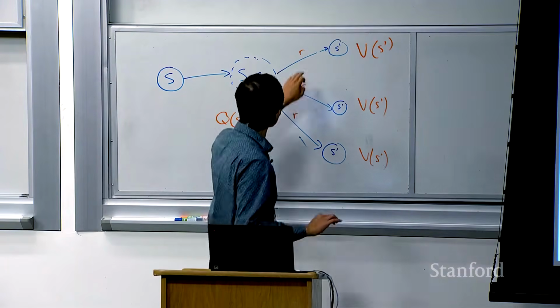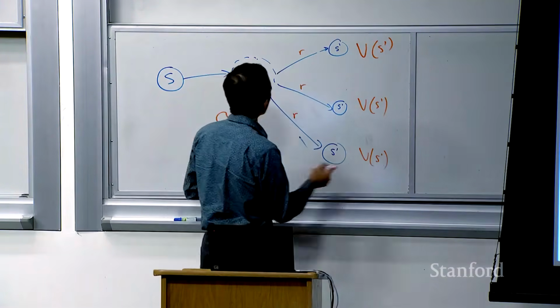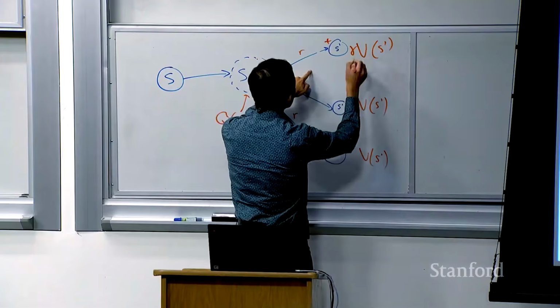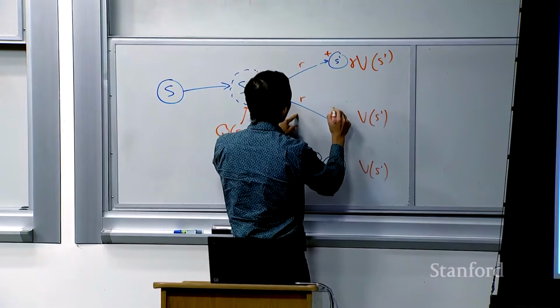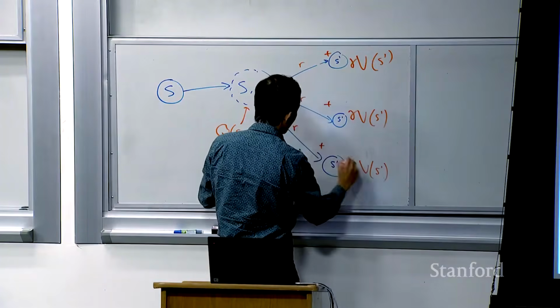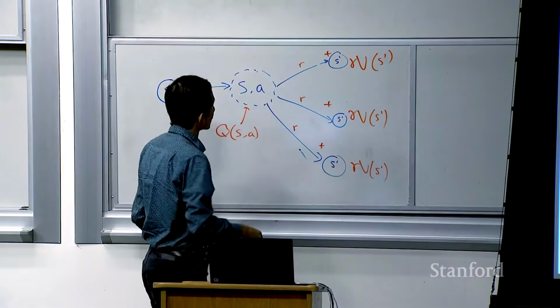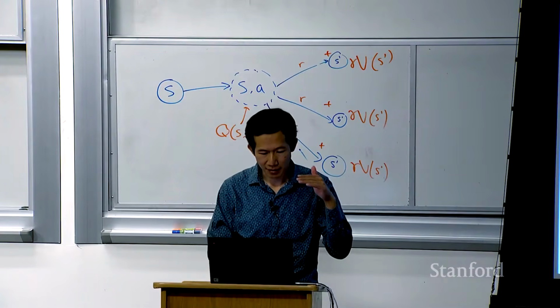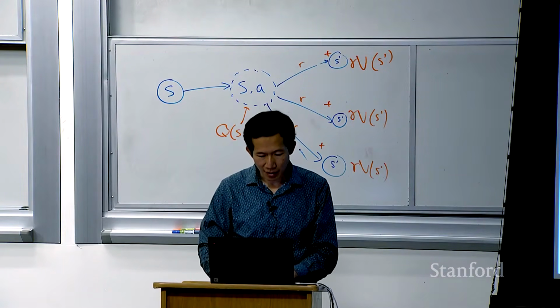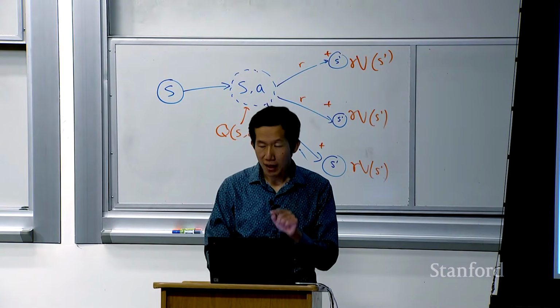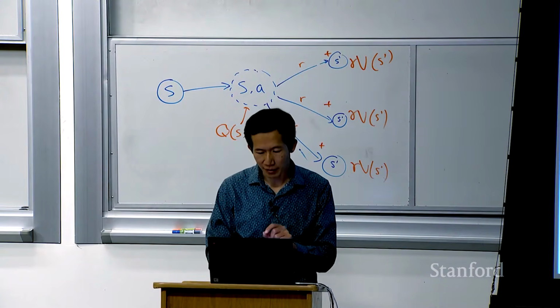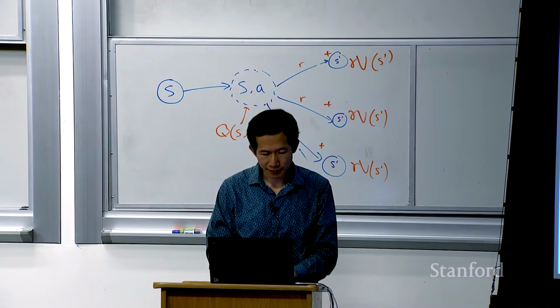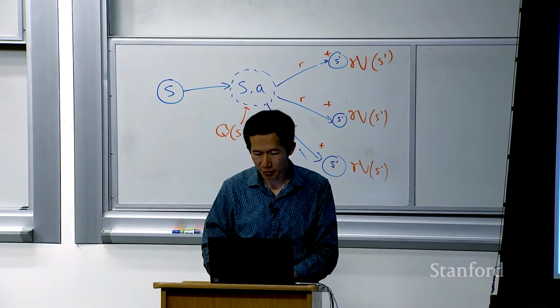Okay? So this is this reward plus gamma times this. And I'll just write it like this. Okay, so I'm considering all of the possibilities that can happen. Okay, and so those are the utilities. I'm going to weight each utility by the probability and then sum them all up. And that is going to give me some value, minus 1.